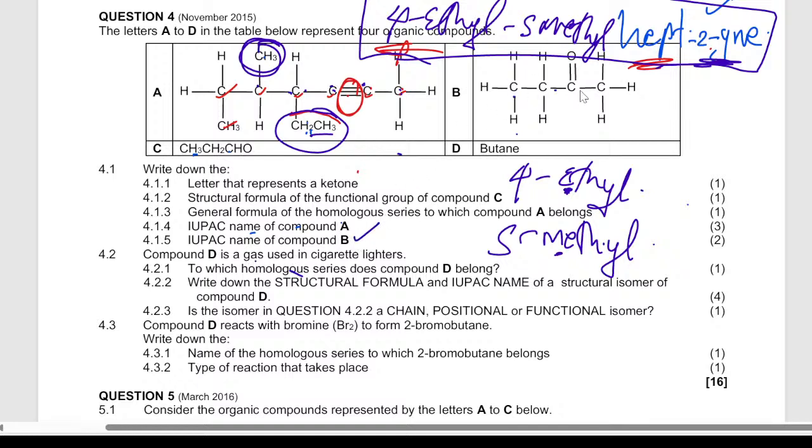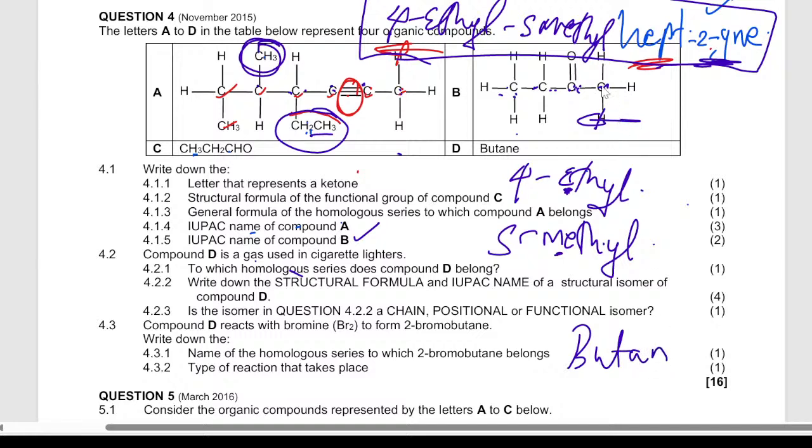Compound B is 1, 2, 3, 4. This one has no issues. So it's 1, 2, 3, 4. This, if I count from this side, it's 1, 2. If I count from this side, 1, 2, 3. So it means that I'm gonna go with that direction. So it's gonna be 1, 2, 3, 4. So if it's 4, it's gonna be